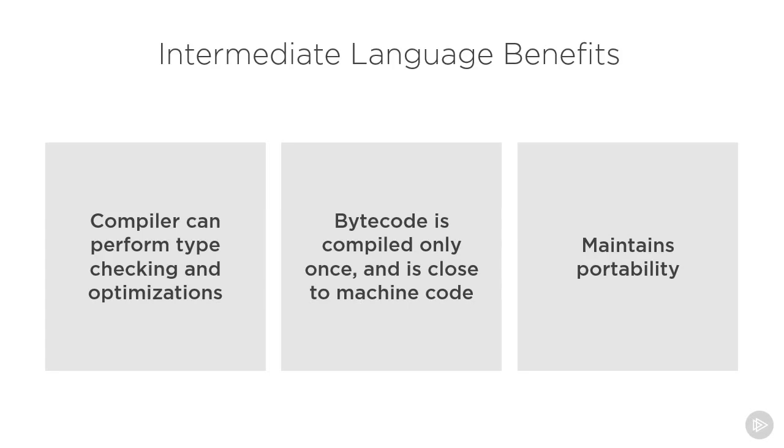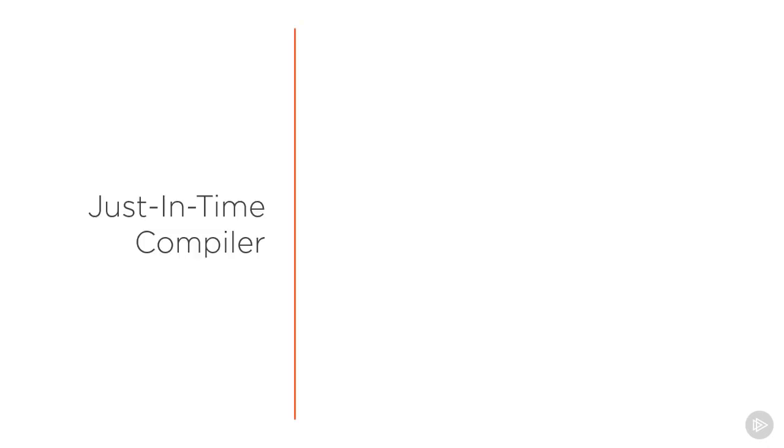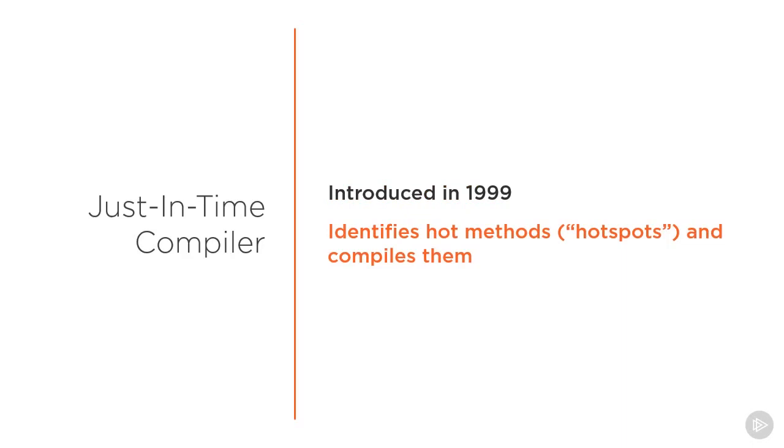The bytecode is stored in .class files, and the JVM interprets and executes it. However, the performance of interpreted bytecode still lags behind the performance of precompiled binary code. So in 1999, the JIT compiler was introduced and added to Sun's Hotspot JVM. The function of the JIT compiler is that during runtime, it identifies the parts of the application where the most time is spent executing bytecode, commonly known as hotspots, and then compiles the bytecode dynamically into machine code so that the program can run faster. The code is compiled just before execution, hence the name just in time, and is cached for future runs in